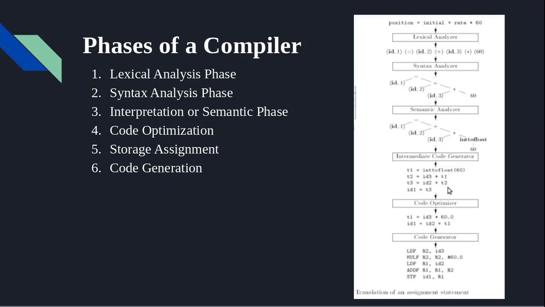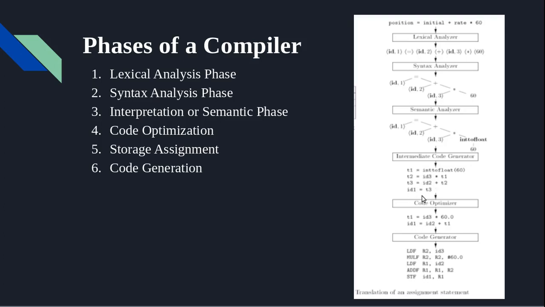Okay, that means what was the first step in the intermediate code generation output? Int of float of 60, that means converting integer 60 into a type float. But here we are not performing the conversion, we are directly going to write 60.0. So there is no need of conversion, it already contains the fraction part. That 60.0 will be multiplied directly with the identifier 3, that means rate. Then that value will be stored into the first temporary variable t1, and that value will be added with the